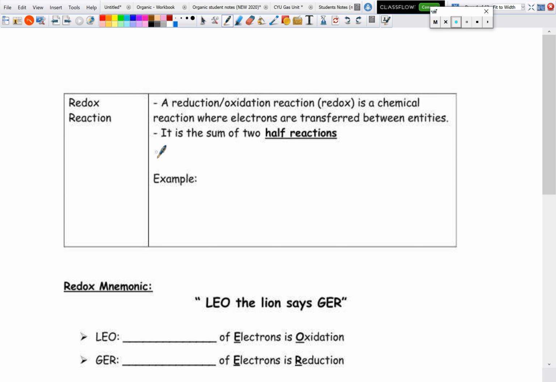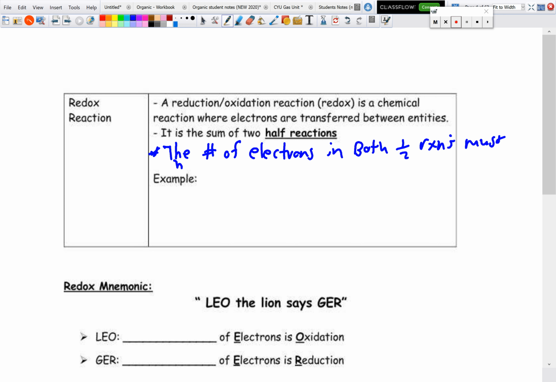It's the sum of 2 half reactions, and the number of electrons in both half reactions must be equal. So for example, if we had our 2 examples from the previous page,